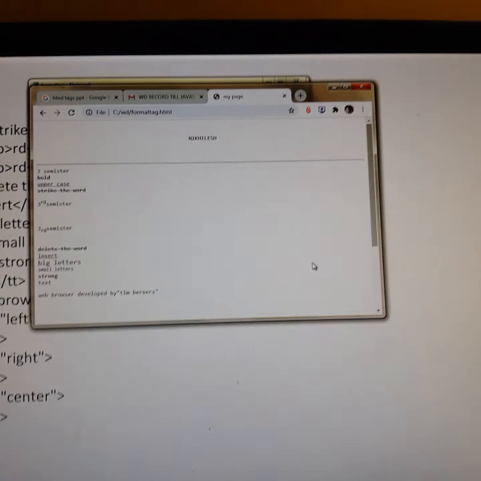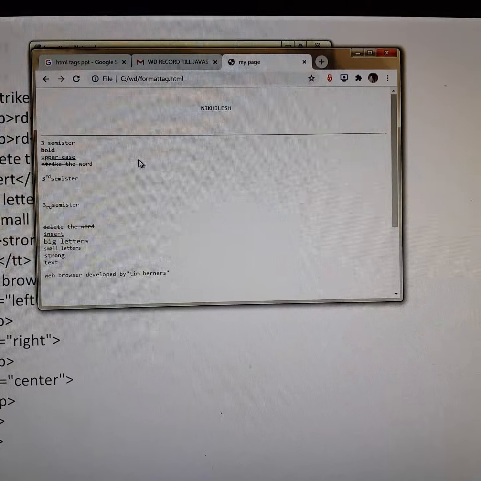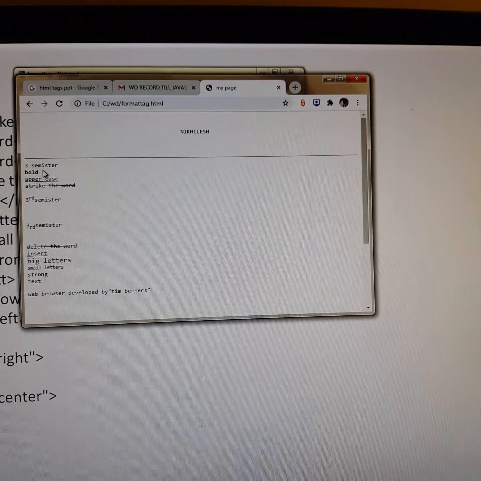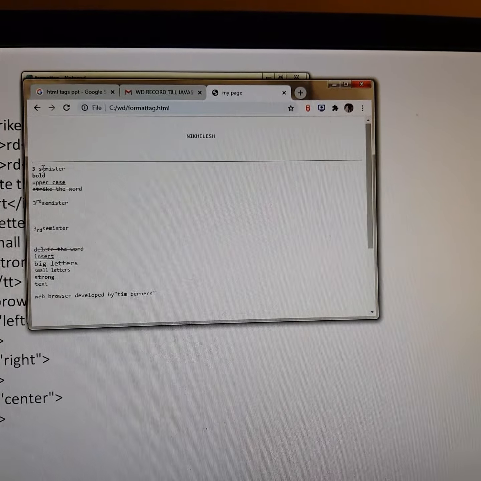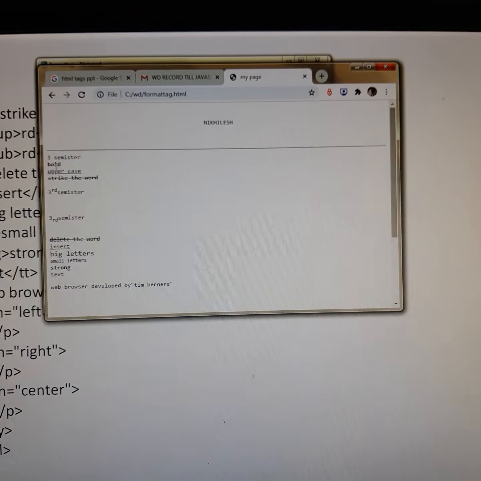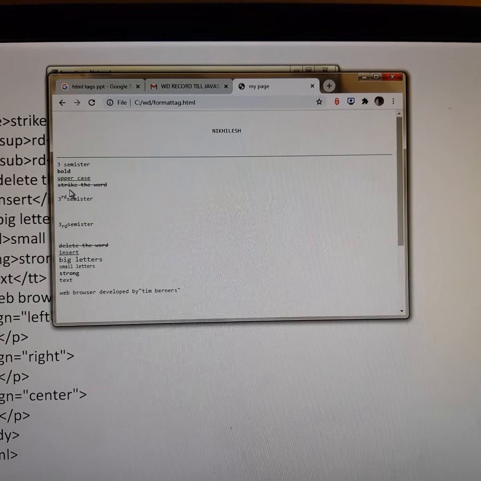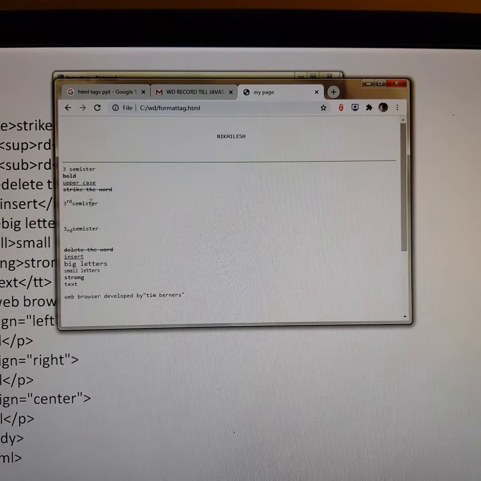See, one text with a horizontal line, and 3 semester, then bold means I got that bold, uppercase, strike the word means I got striking.